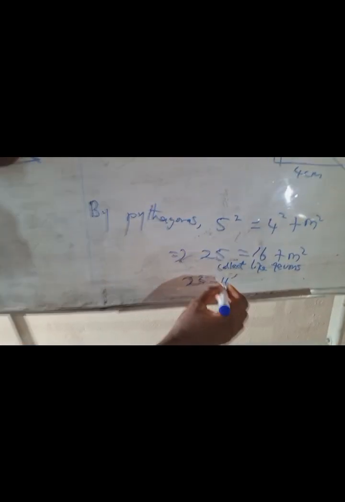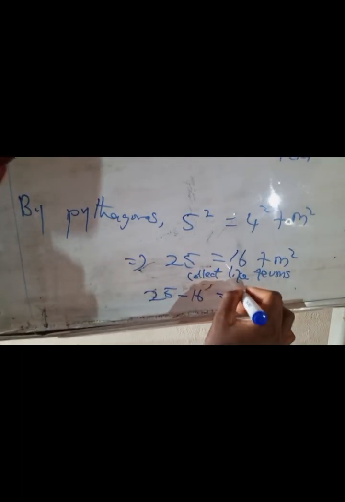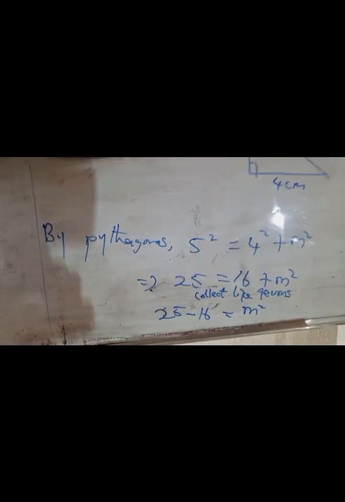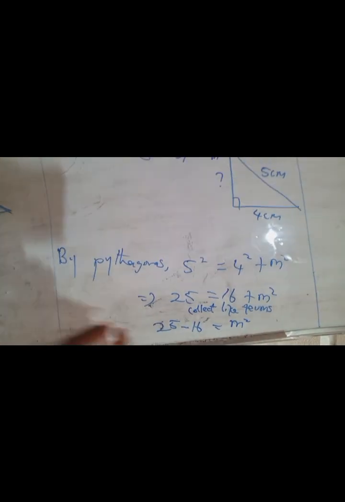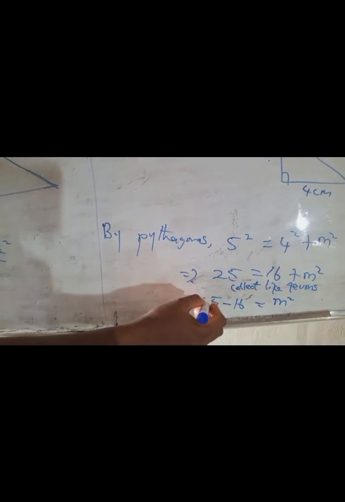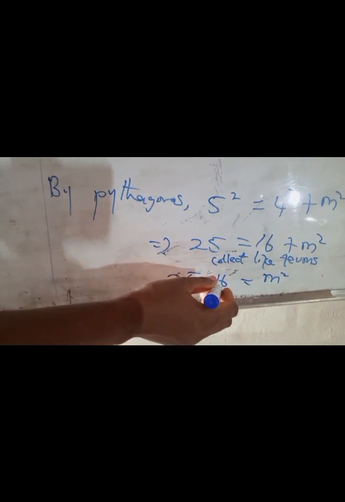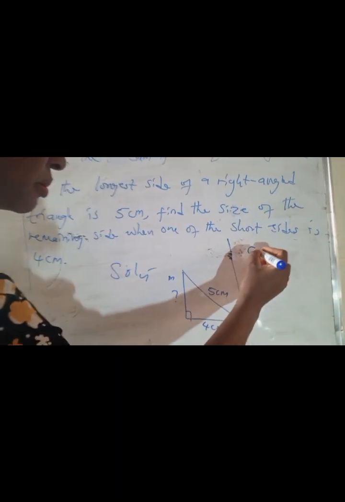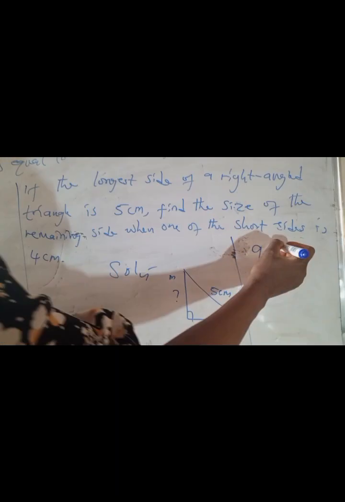Minus. 25 minus 16 is equal to m square. Then 25 minus 16 will give us what? It will give us 9, is equal to